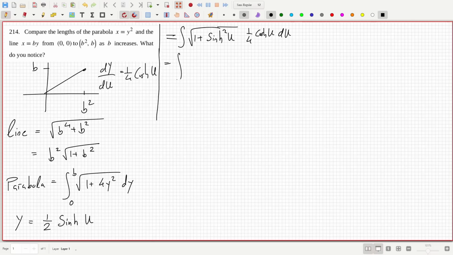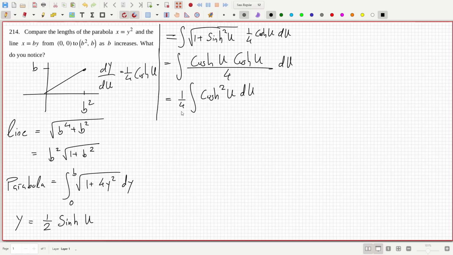So there's an identity that says this is equal to cos over 4 times another cos. So that's a quarter cos squared u du. And there's another trig identity we can use here,